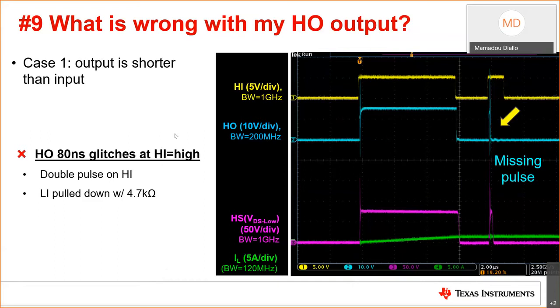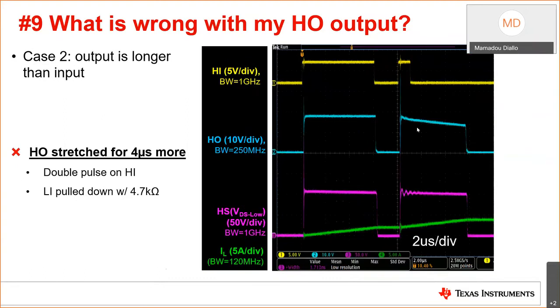I'll give you another case here where it's the opposite, where we actually have a much longer duration. I'll open up the poll for you here, and I'll share the root causes for this shortly. So this is essentially the same setup. On the first one, you had a skipped pulse, and on this second setup here, you have a much longer duration pulse, which in both cases are not good.